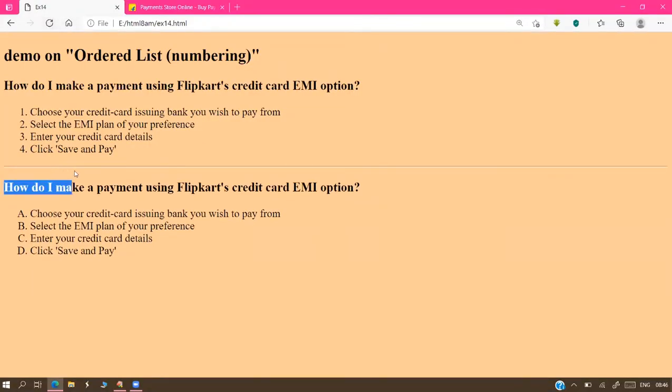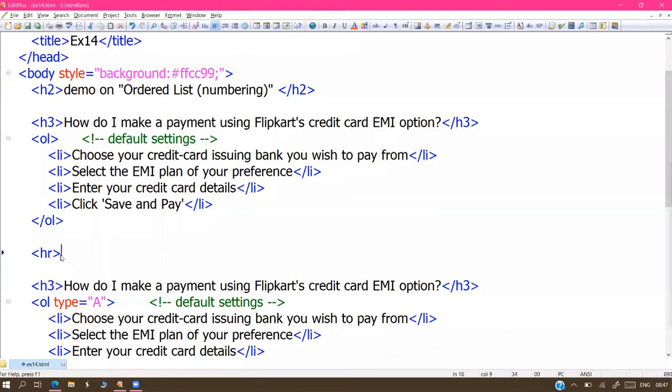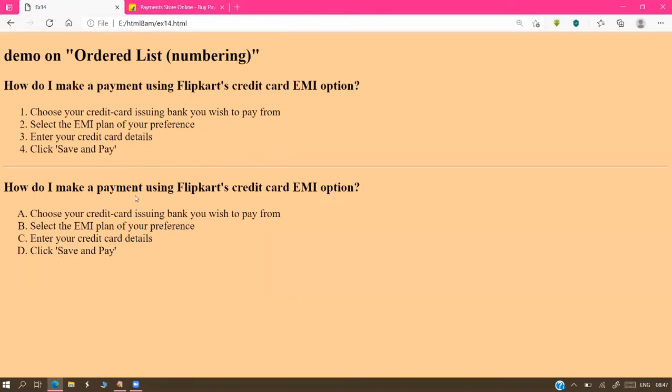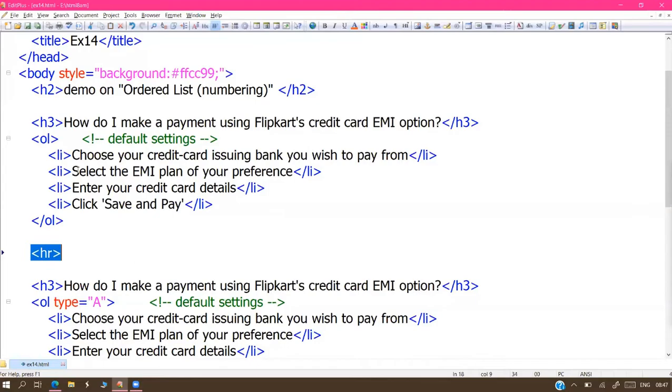So this is like a row divider. It is just dividing your data. HR, horizontal row. It's just simply drawing a line. Can we change the line color, sir? Yes, sir. By using CSS settings, we can change that. I'm not going to change it here. Line color, line background color, line thickness, everything we can change. That is not a problem by using CSS attributes.